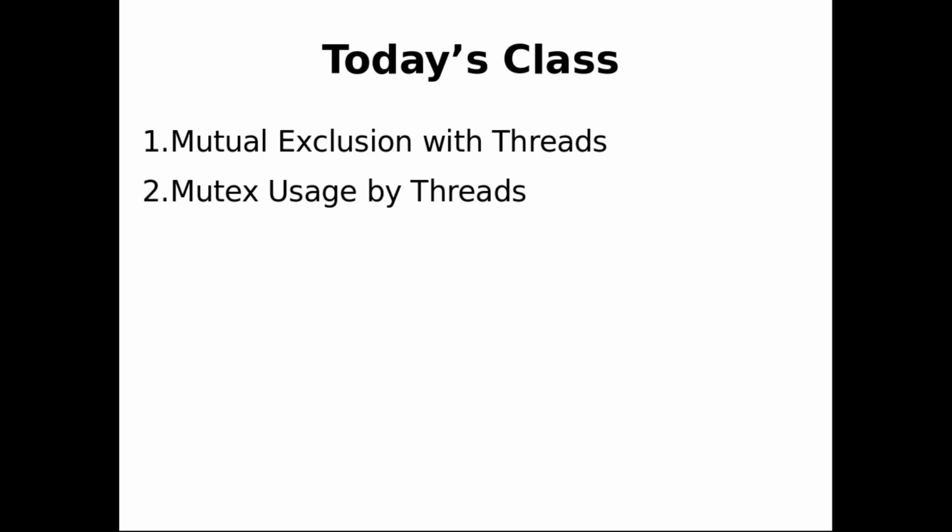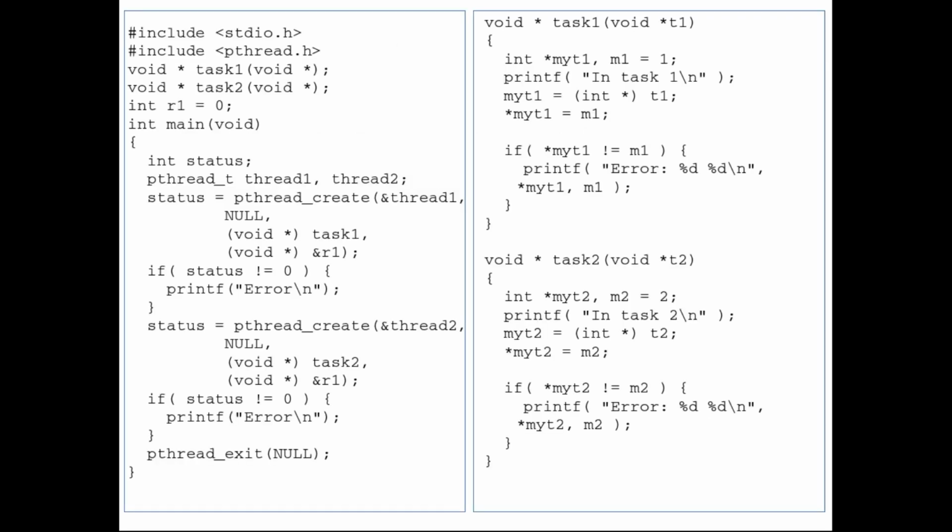And in today's class, we will talk about mutual exclusion with threads and how we can use mutex from the pthreads library. So we'll start with a program. This program is similar to what we did for multiple processes when we were talking about mutual exclusion. In this program we have a global variable r1,